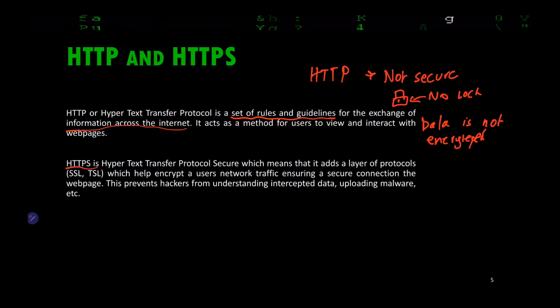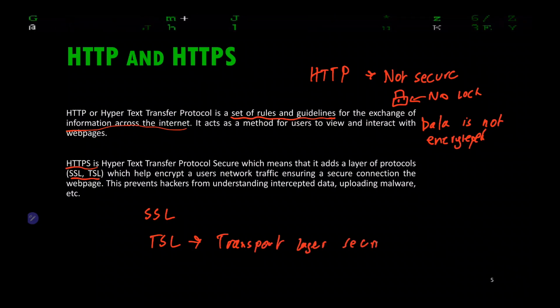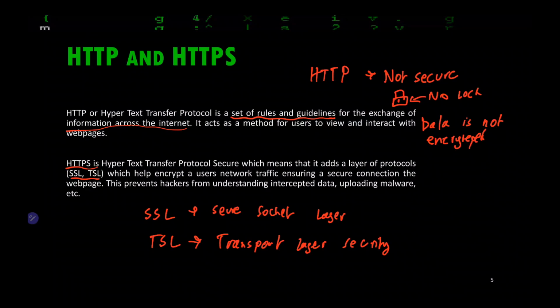Now, HTTPS is the new version of HTTP, and the main difference is it adds a layer of security, specifically with SSL and TLS. So, transport layer security, and secure socket layer. Now, you don't need to know these in depth, but in essence, what these do are, when communicating with a